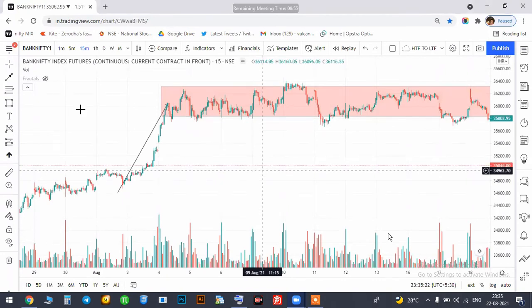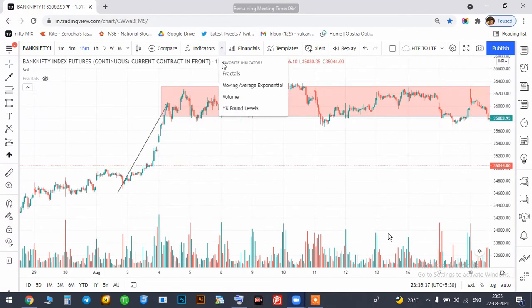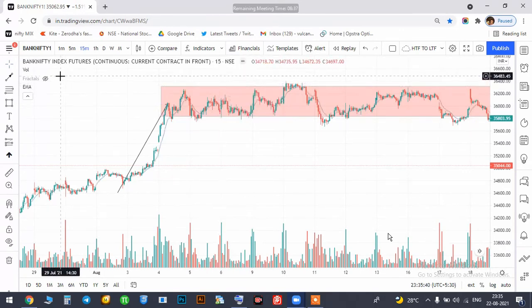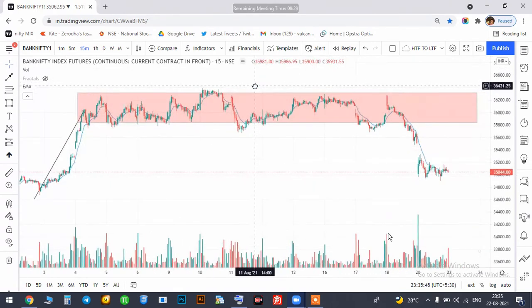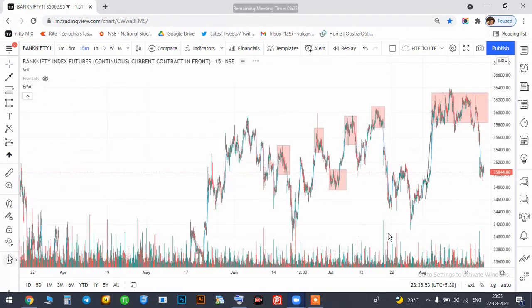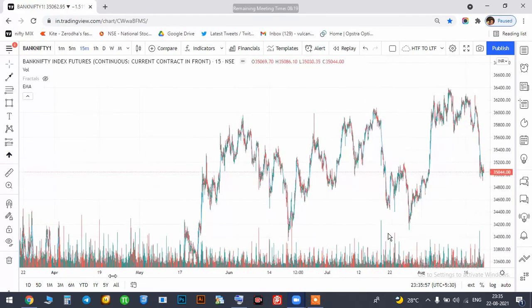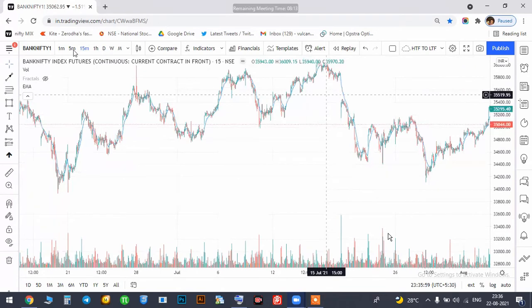But I am not an indicator fan. Can you see any indicator on my chart? But I know how to use indicators, because I know how retail traders use them. See the moving average. Most people will say, hey, if this happens you need to buy. I don't recommend it, because if that worked in the market, anybody could be profitable or make a good profit out of it. That doesn't work.